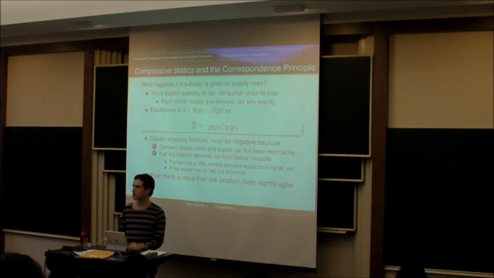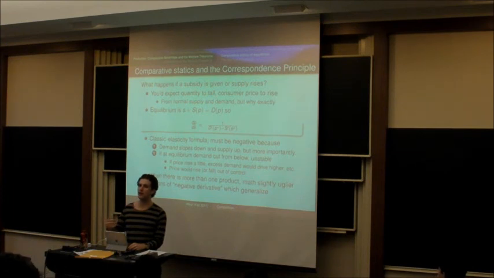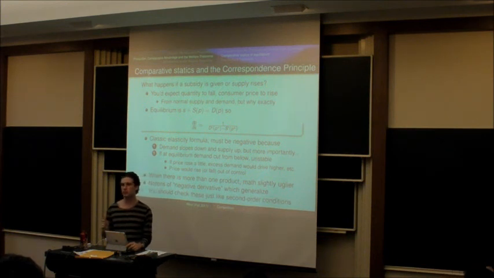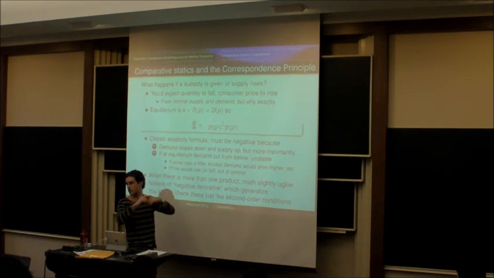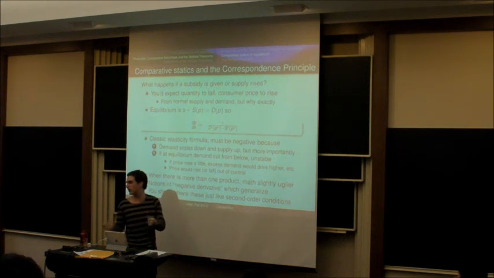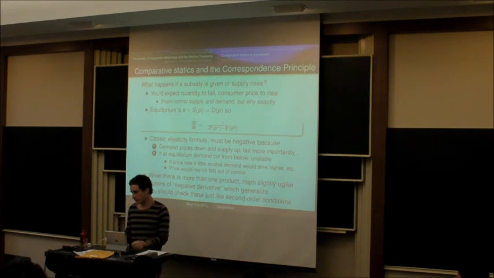Now, when there's more than one product, the math gets uglier, and I won't show that to you. But there are notions of having a negative derivative, which you can extend to multiple products, things like negative definiteness of a matrix and so forth. But the key thing to remember is you're going to get completely crazy answers if you have an equilibrium that's actually unstable. So if you have some equilibrium, but the demand and the supply curve are going in the wrong direction, if you try to do anything, you're going to get completely the wrong conclusion. That if you increase supply, then the price would increase. So it's very important